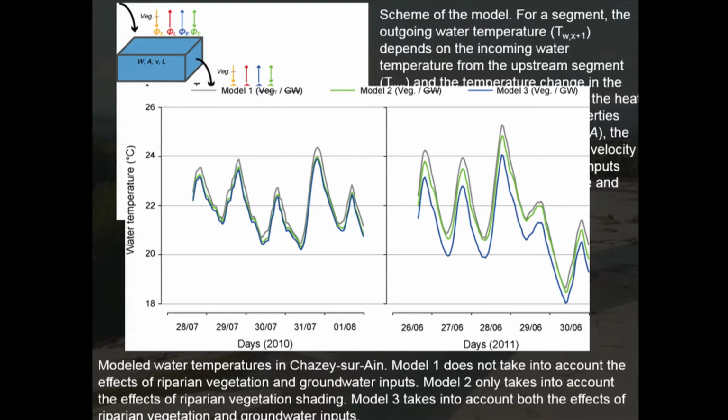One in 2010, one in 2011. In gray, this is without groundwater input and without cover of riparian vegetation. In green, it's with riparian vegetation, and in blue it's with vegetation and with ground cover, with groundwater input. And if you look at this example, you see that the contribution, even on this large river, of